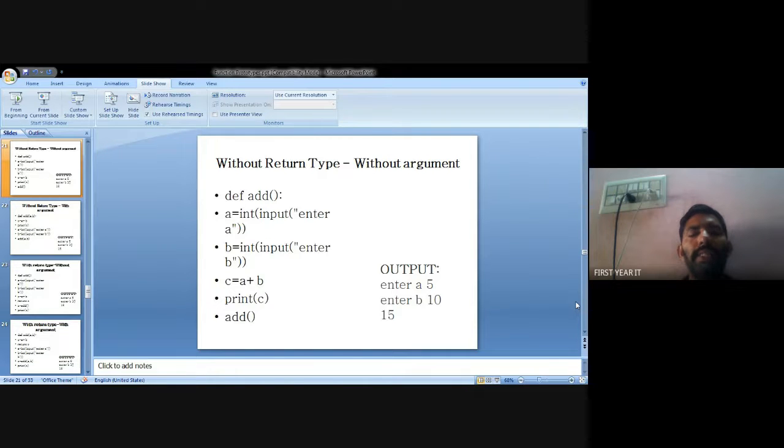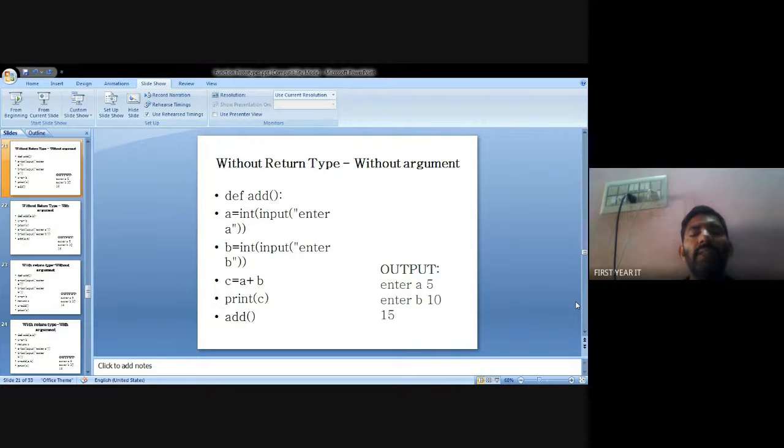After that, c equals a plus b. So c is 15, 5 plus 10. After print c, the result is 15, then we call add from the main function. So I gave the input a value 5, b value 10, and c value is 15. So the total printed value is 15.